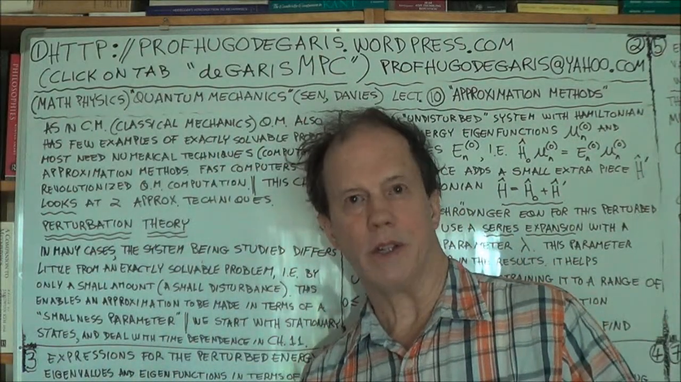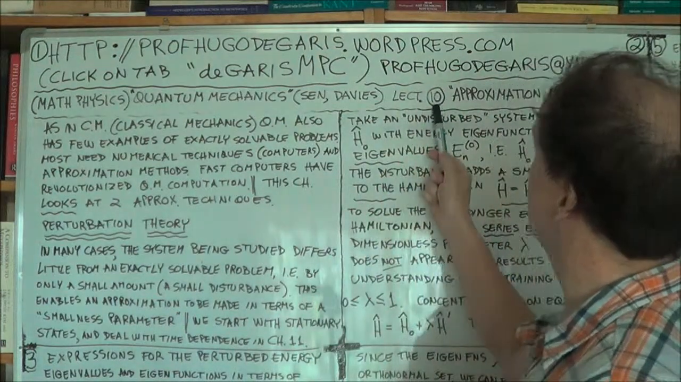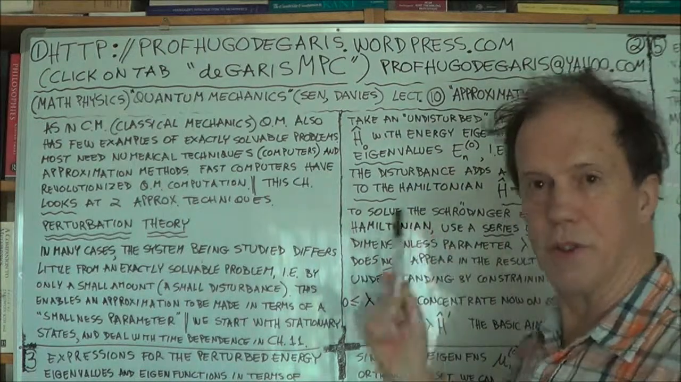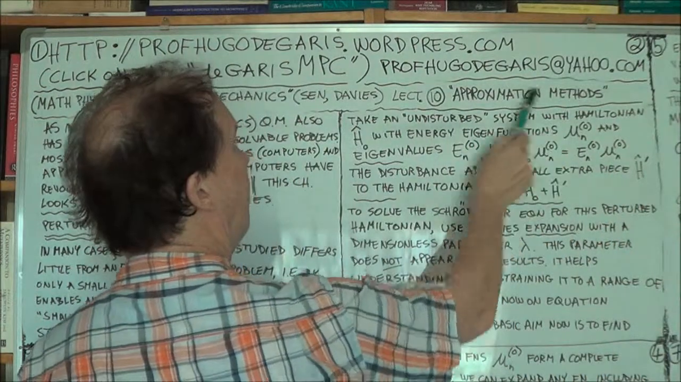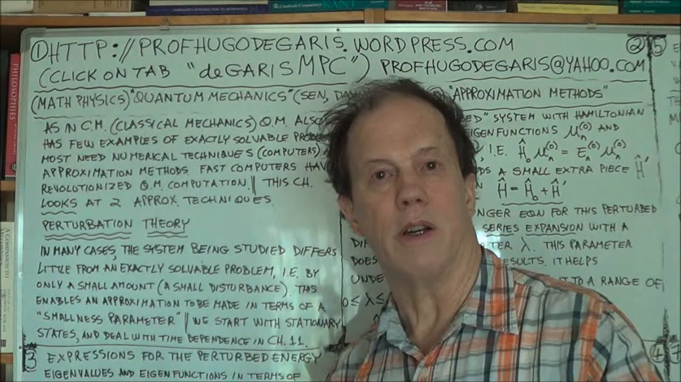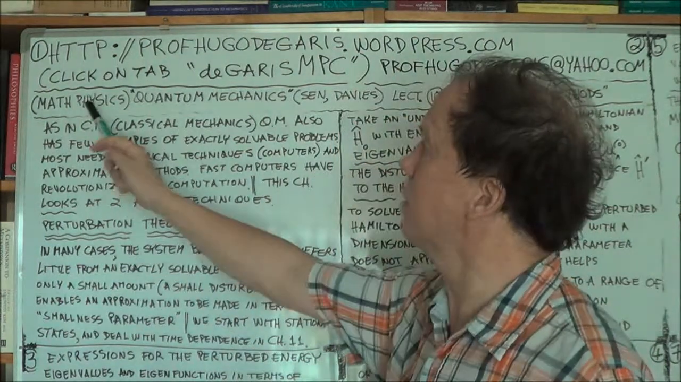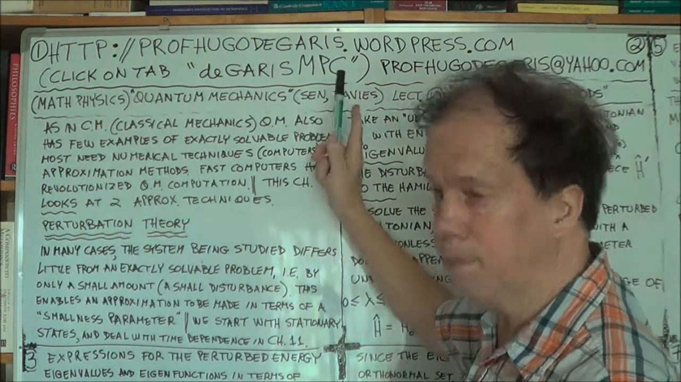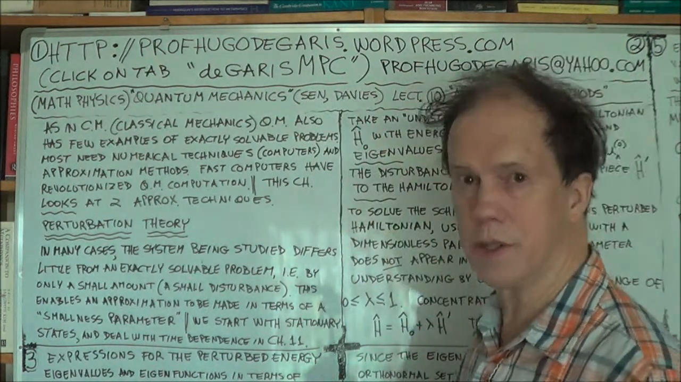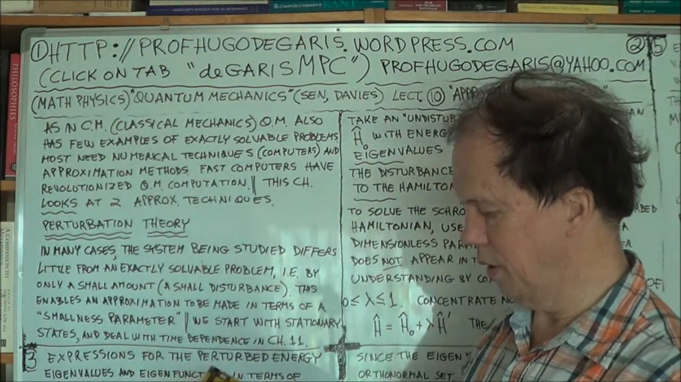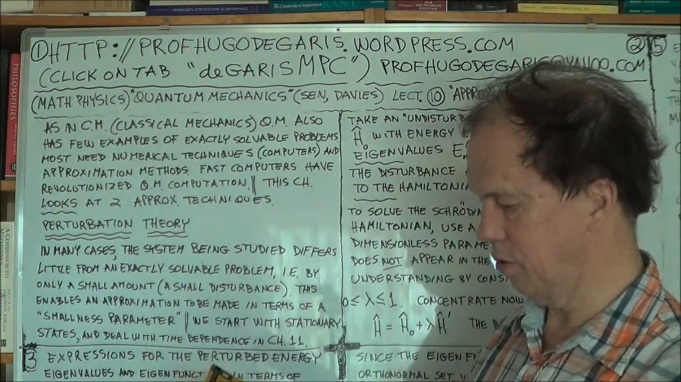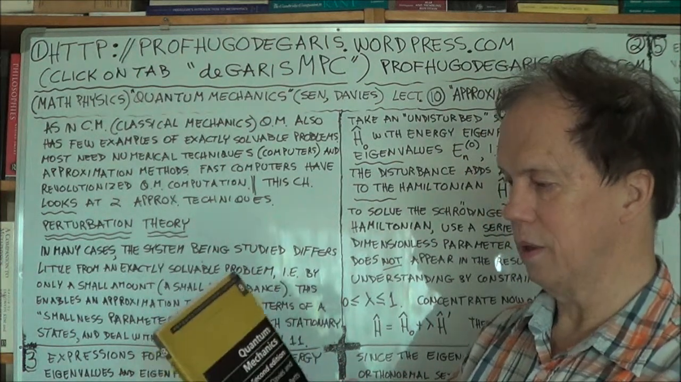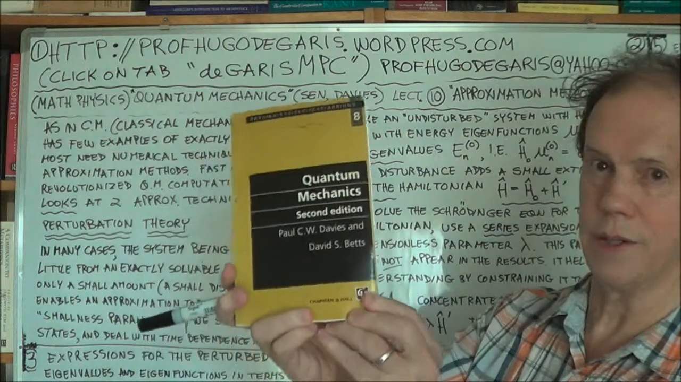This is chapter 10 on approximation methods of a mathematical physics course called Quantum Mechanics at senior level. The first author of the text used for this course is Davies, two authors, Paul Davies and David Betts, and the book is just called Quantum Mechanics